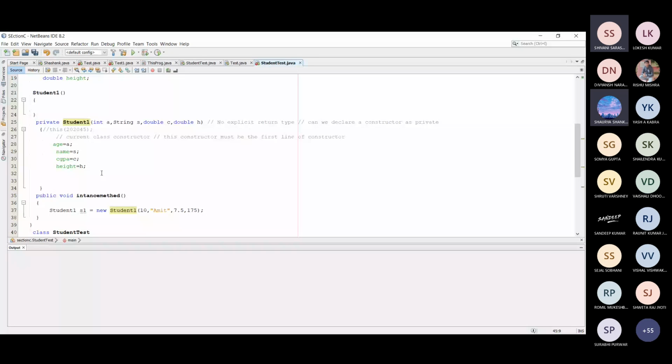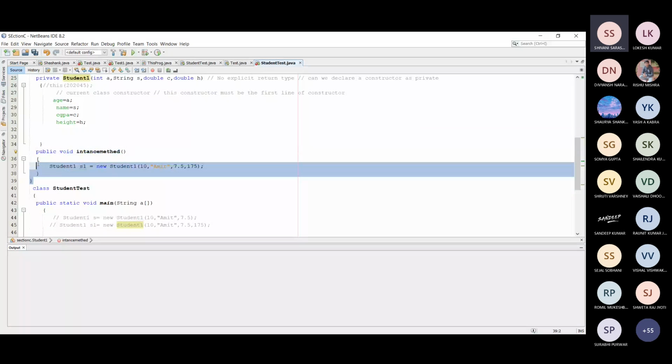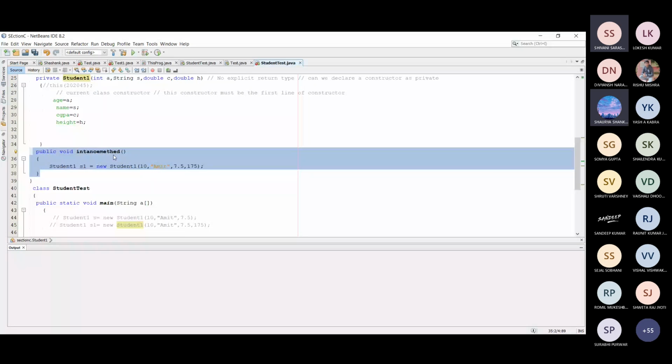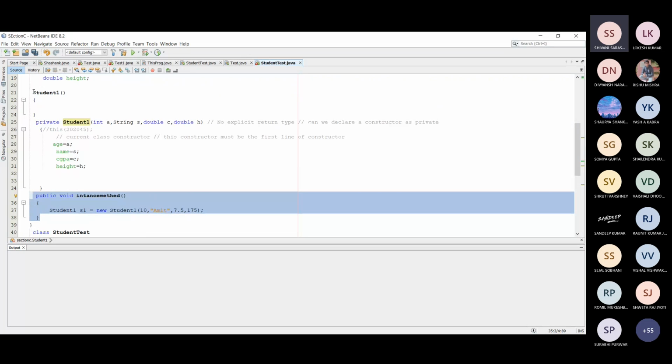So you will first call the instance method, but now the problem is, how can you access this particular instance method? In order to access this instance method, you need to create an object, and you cannot create the object because there is only one constructor that is private in nature. और default constructor अभी तो आपने create कर लिया तो object create कर सकते हो.